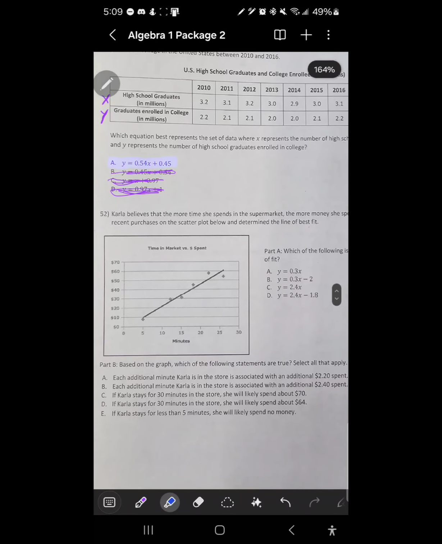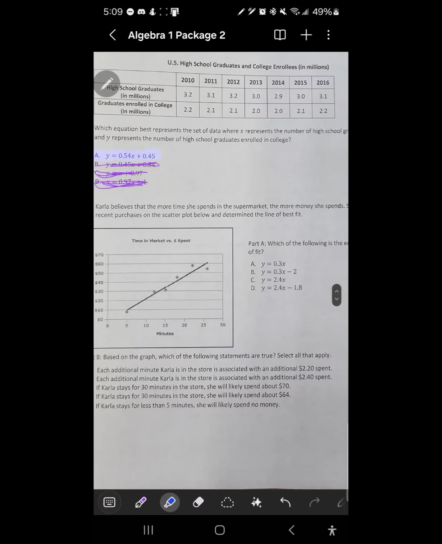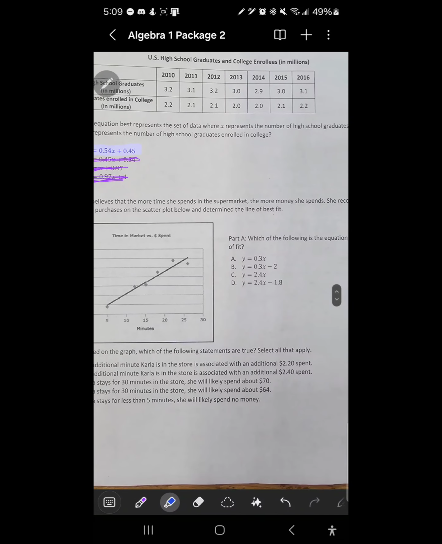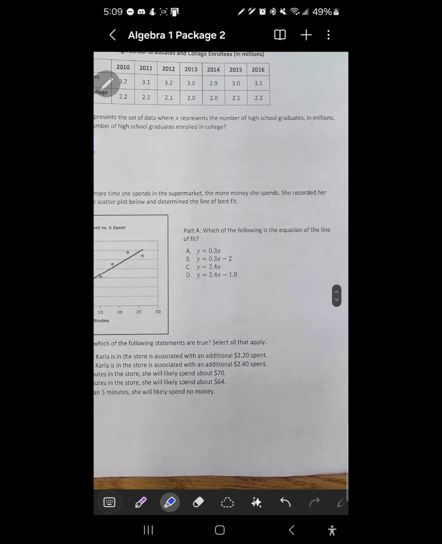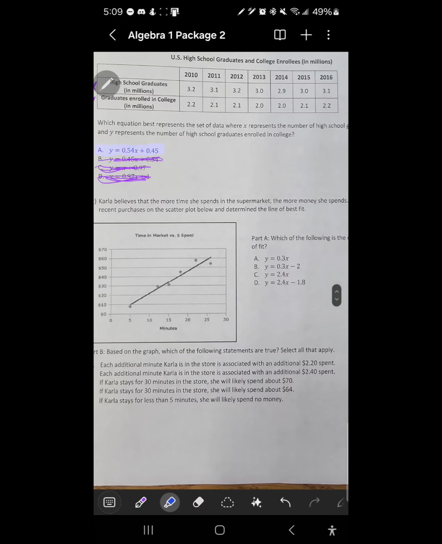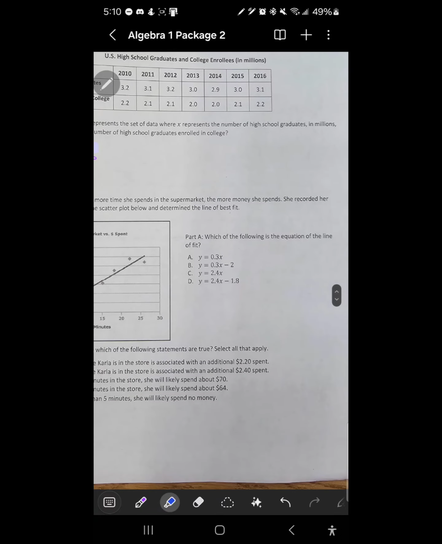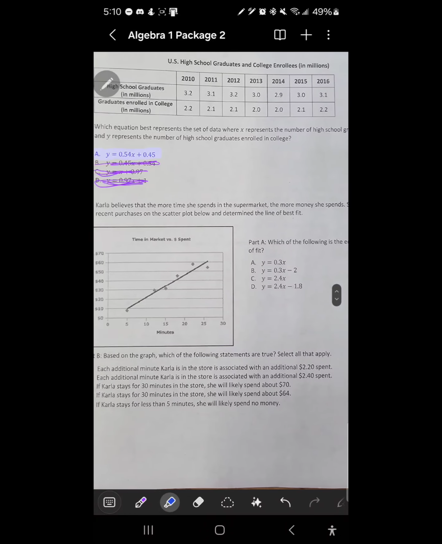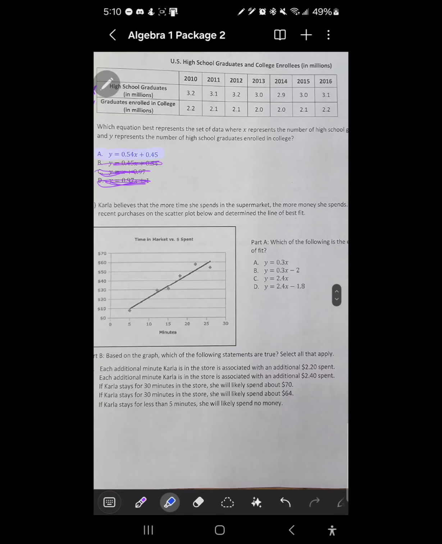Now, 52. Carla believes that the more time she spends in the supermarket, the more money she spends. She records the recent purchases on the scatter plot below and determines the line of best fit. Which of the following is the equation of the best fit line? Okay,